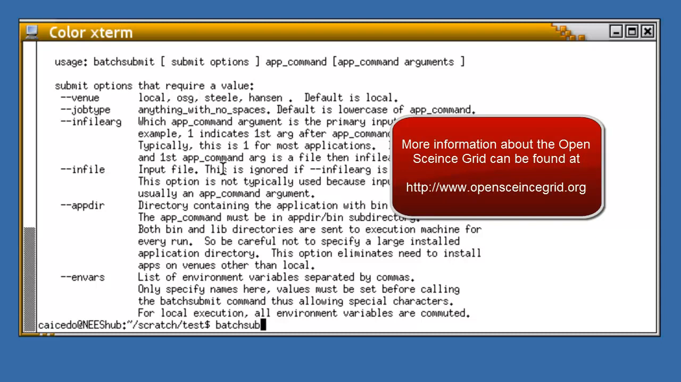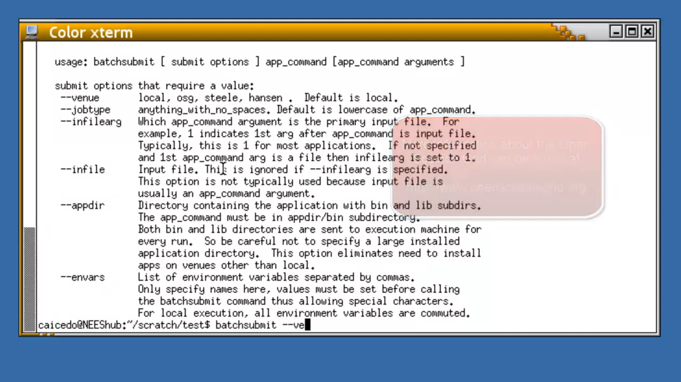And so we start with batchsubmit. We specify the venue where we want to run this tcl file. Then we need to say how many in-file arguments, and what that means is we want to specify the input file that is going to be run in OpenSEES. In other words,